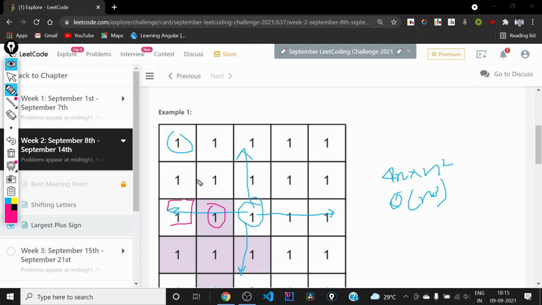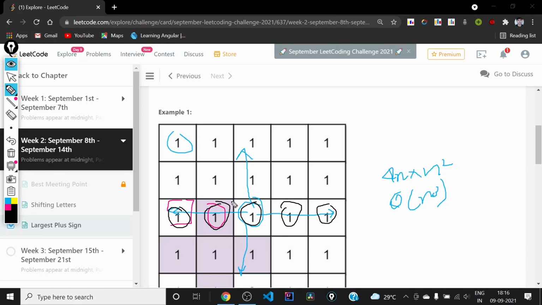Suppose we are checking for all these centers, we will be finding how much towards the left we can move, if we are only going through the ones. For all of them we are doing at most n iterations, and for this row we will do these n iterations for n number of stars. So the left operations will take order n squared time for completing each row.